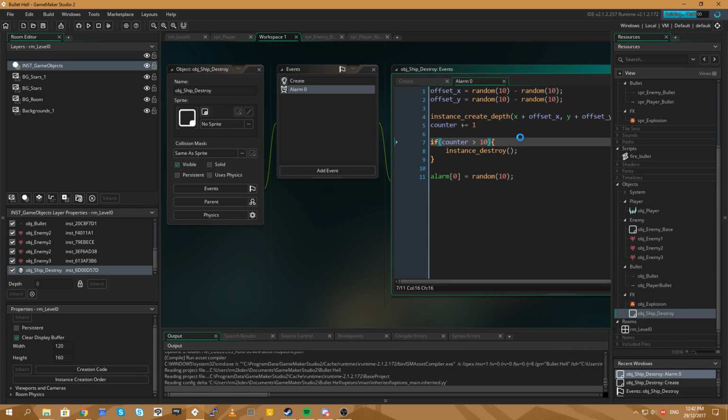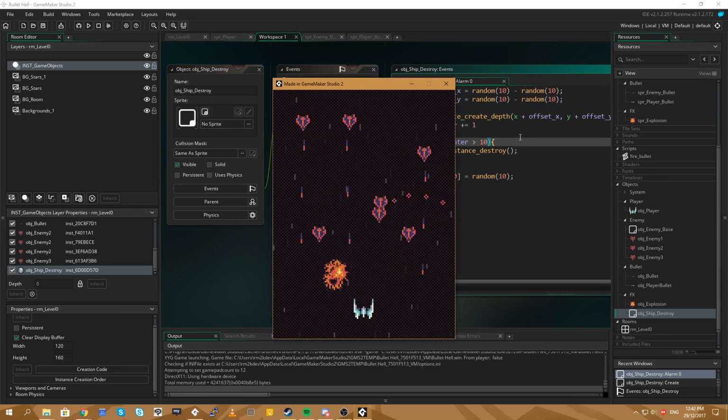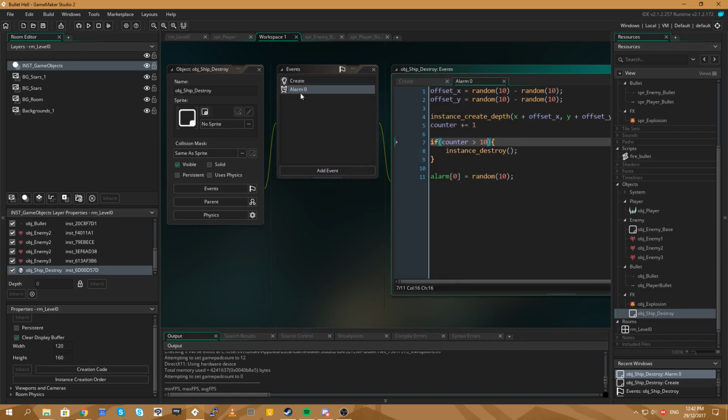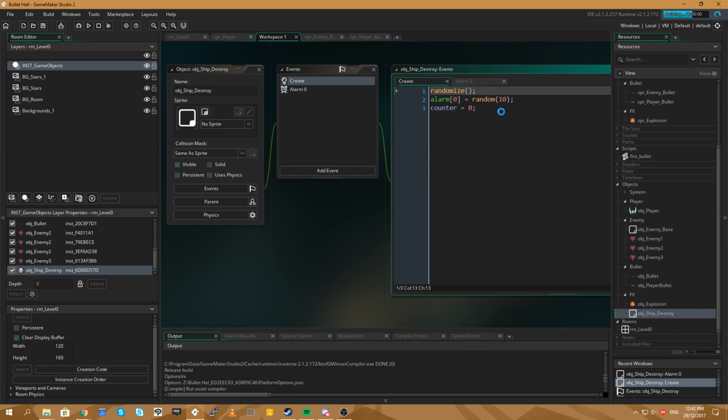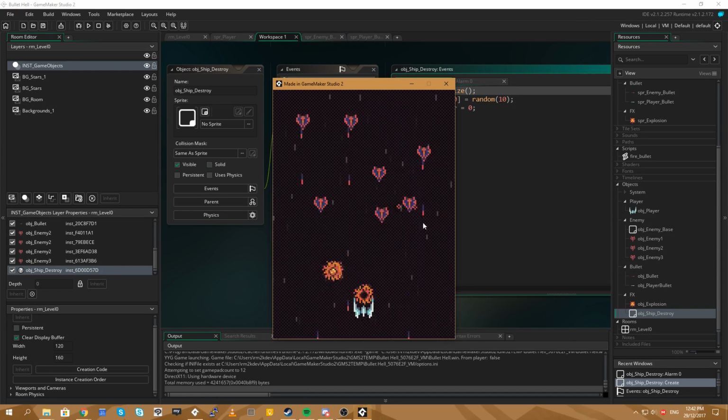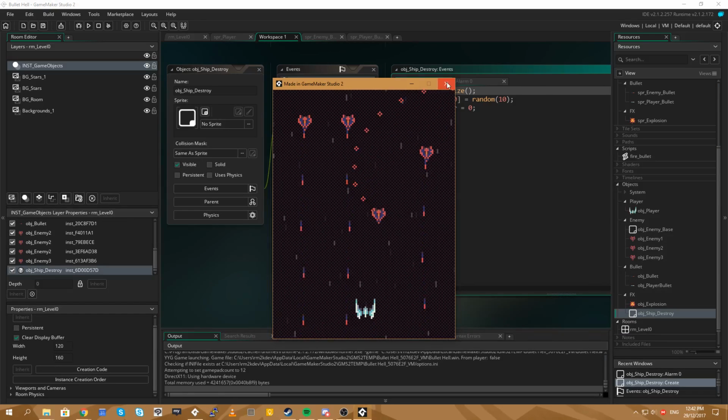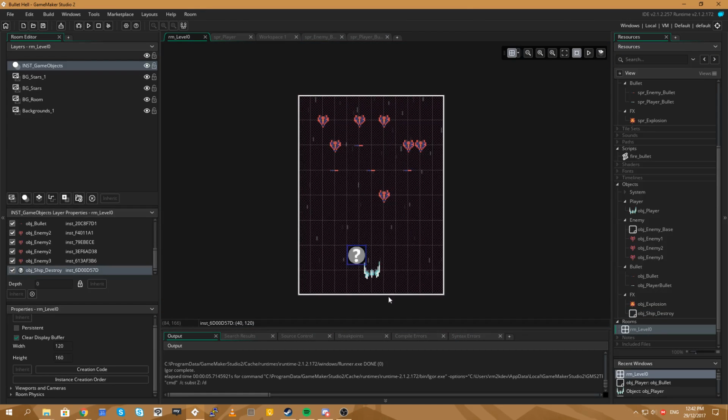So when a ship dies, it will basically play that effect in its place. There we go. And before we do any of this, we're going to randomize. That way it's different every time. Because I haven't randomized throughout the project yet. Alright, cool. So that's done. Now we can get rid of that on our map because we don't need it there.